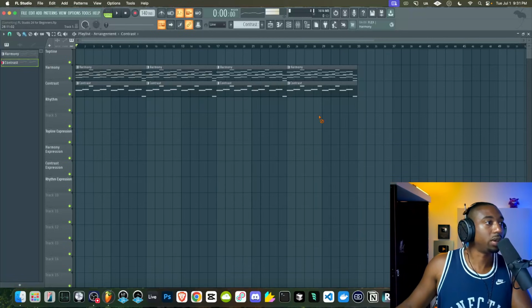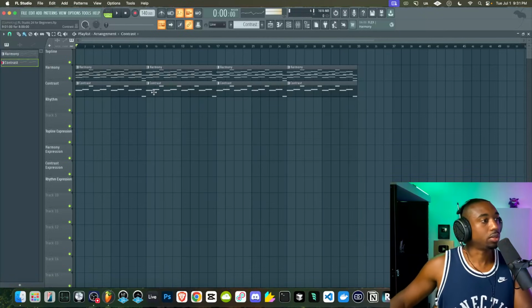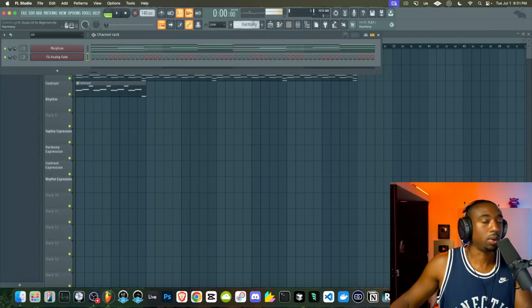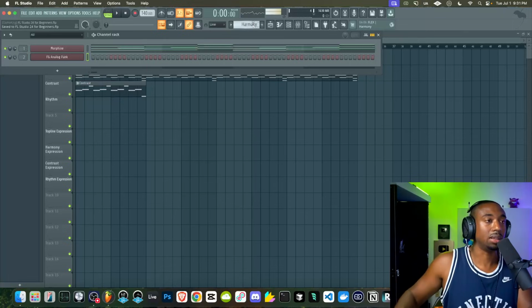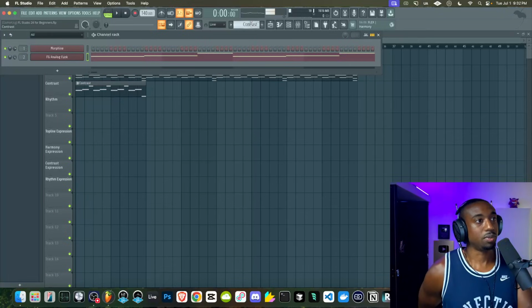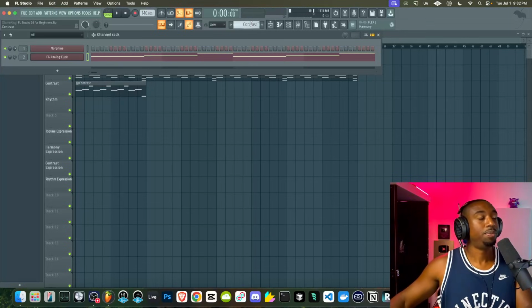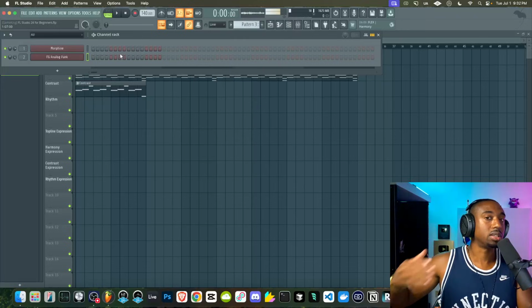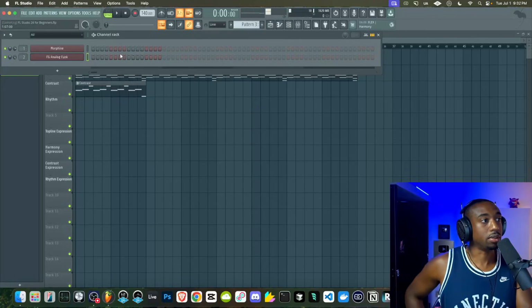Okay, so let's say I want to record another bass line. What I'll do is I'll just right click to delete the pattern. And notice I'm separating everything on its own pattern. I don't have bass stacked with chord, stacked with melody on one pattern. That's a very bad habit because when you go to arrange, it will be very, very difficult to arrange. Let's right click here. Let's go to Find First Empty, hit enter. So notice I'm separating all the ideas into different patterns.